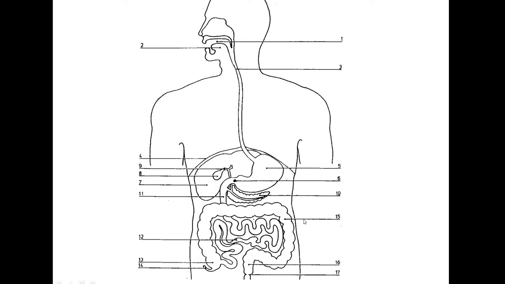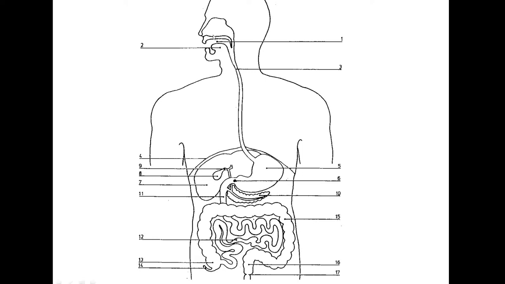15 is the large intestine, but the descending limb. It's going down. 16 is the rectum. And 17 is the anus. So looking in a bit more detail about what each part does. So first of all, in your mouth, obviously mechanical digestion with the teeth to mush up the large chunks of